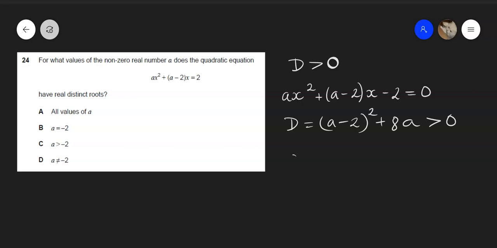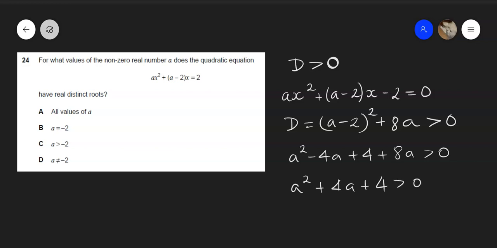Let's now open the brackets. A squared minus 4a plus 4 plus 8a must be greater than 0. This then becomes a squared plus 4a plus 4 is greater than 0. And hopefully you can see that this is a complete square. A plus 2 squared is greater than 0, which is of course true for any a except the one that